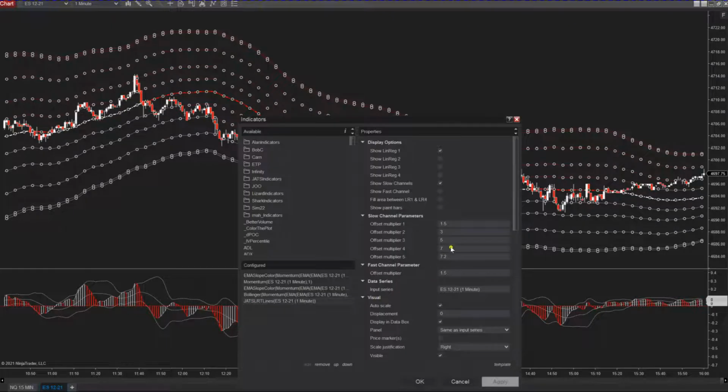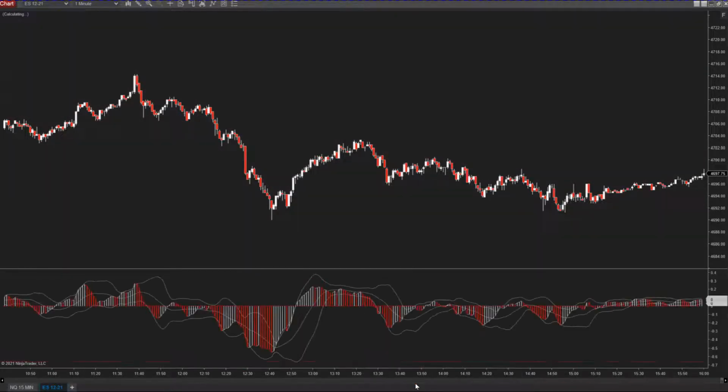And of course, you can make it anything you want. That's the best thing about this. I also have a fast channel. Let me show you that. And the fast channel, you can create your own offset multiplier. And the fast channel will just keep you